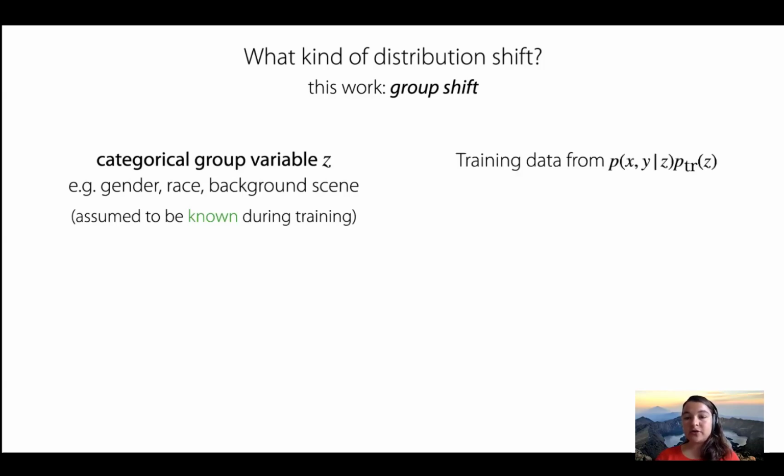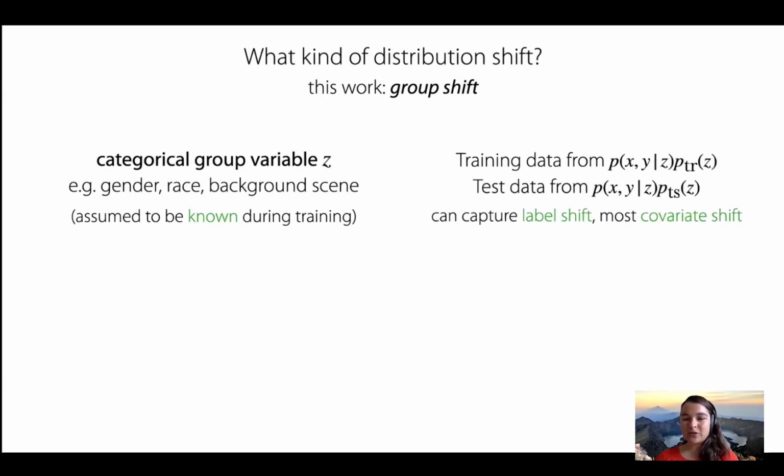Then we're going to assume that our training data is drawn from this distribution and our test data is drawn from this distribution. So P of X and Y given Z is going to be the same between training and test time, but this underlying distribution over Z may change. And this can capture situations such as label shift and most forms of covariate shift.